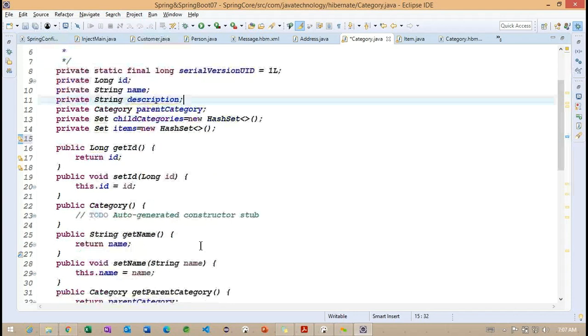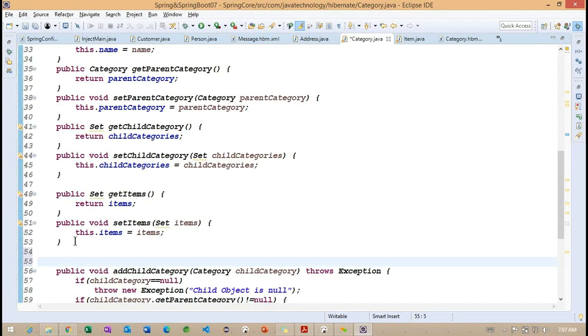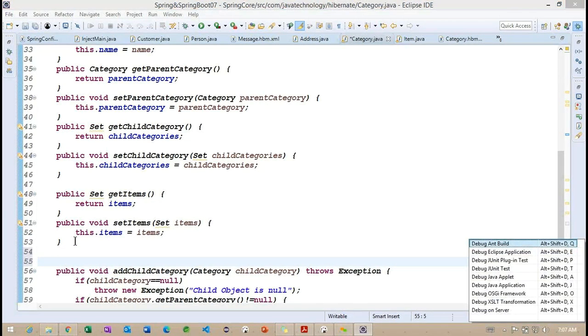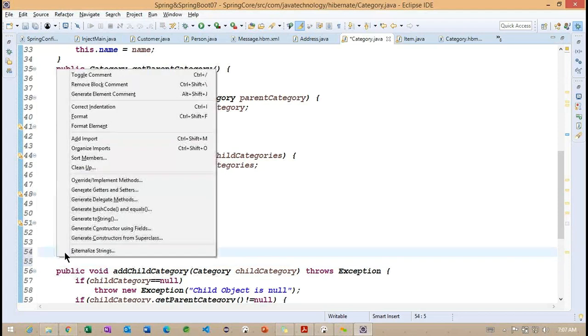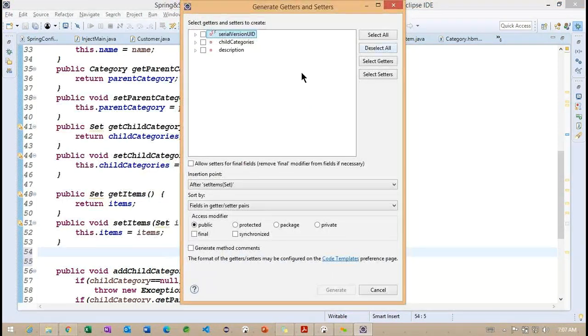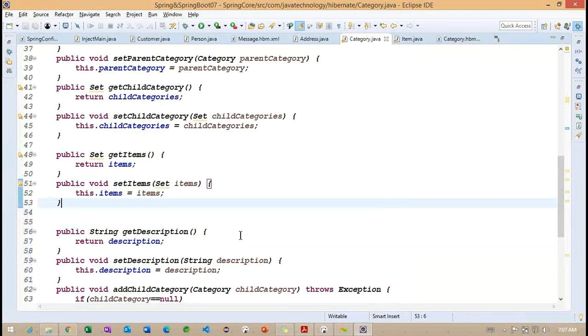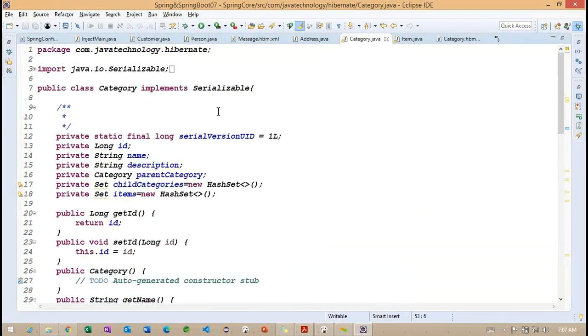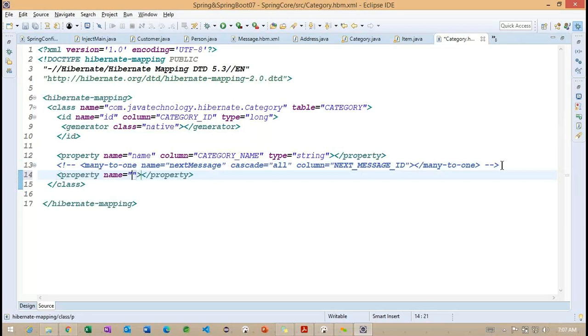Whenever I add this category description, let me generate the setters and getters. Observe, now we added one more column into this category. We need to add the same property into this mapping file. What is the name of the property we are having? Something called description.